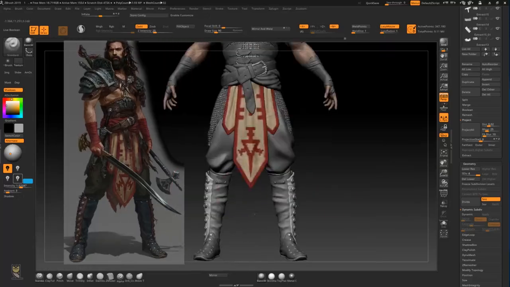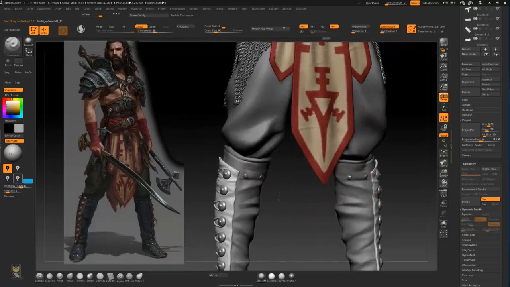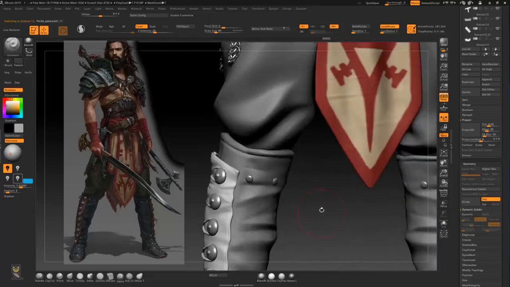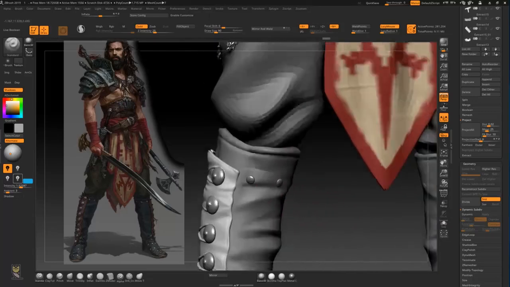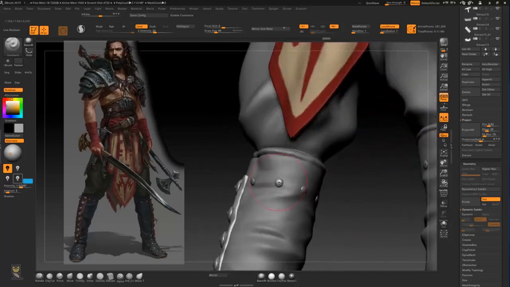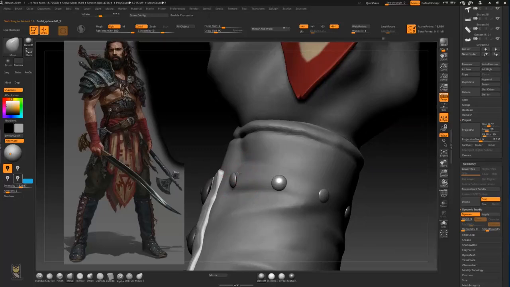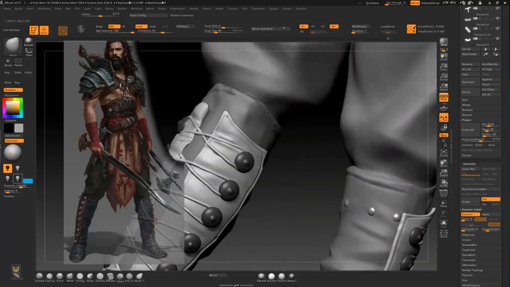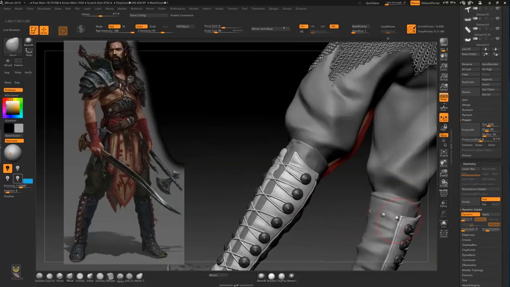Okay, and now the boots themselves, do they have low poly? They don't have low poly, which will lead me to do something very drastic here. Let me think. Okay, so I'll go here, just move those a little bit closer to the boot. Okay, good. I think we have one here. Okay, and then